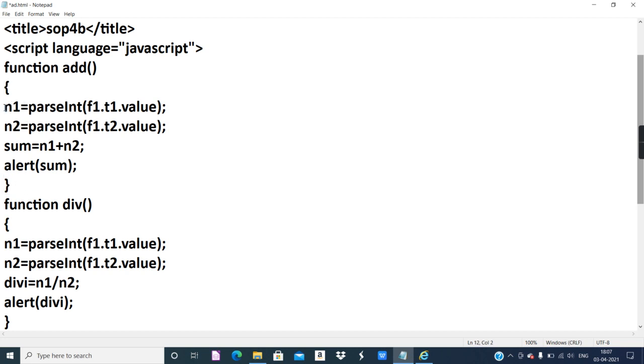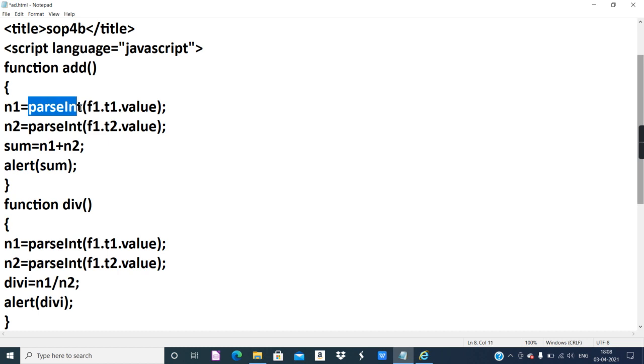Okay, so first of all we will take two variables. Now here you will say I did not use the var keyword to declare the variables. Both types of declarations are allowed, implicit as well as explicit. In previous examples, I have always used the var keyword, var n1, n2. That is the example of explicit variable declaration. That means you are separately informing the browser that these are the variables which will be used throughout. But you can directly declare the variables and start using them. That is also correct. This is implicit variable declaration. This is also allowed.